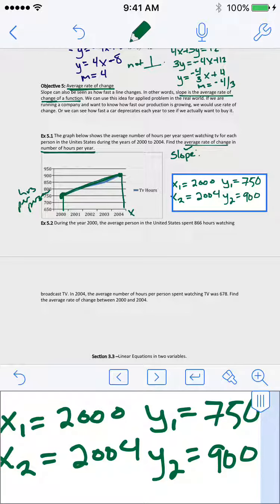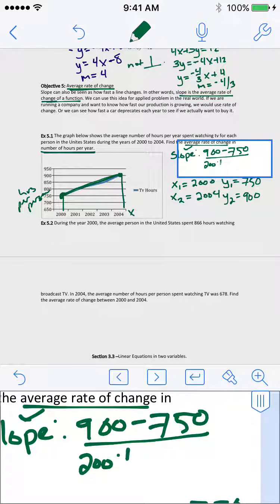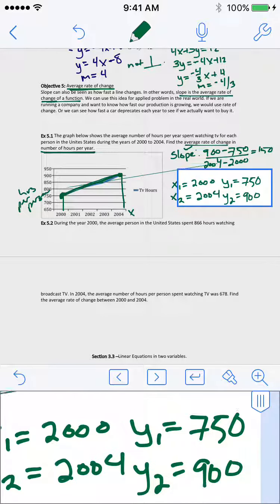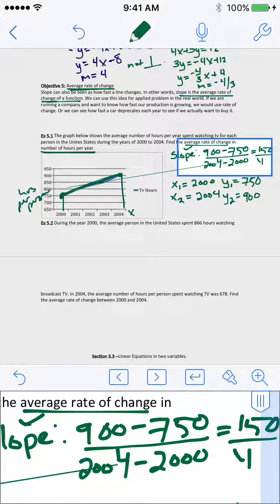And what that did was give us our first point and our second point in order to find the slope. So to find the slope, we'll take our y2 minus our y1 over our x2 minus our x1. And that gives us 900 minus 750, I believe 150, per 4. 150 over 4